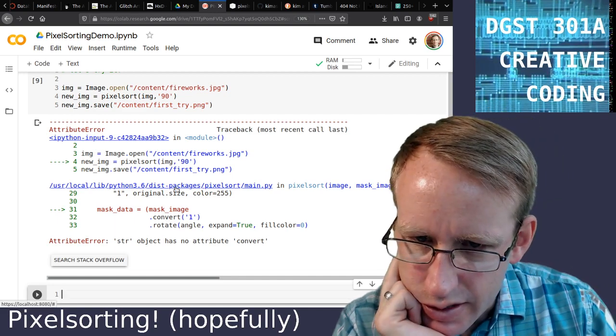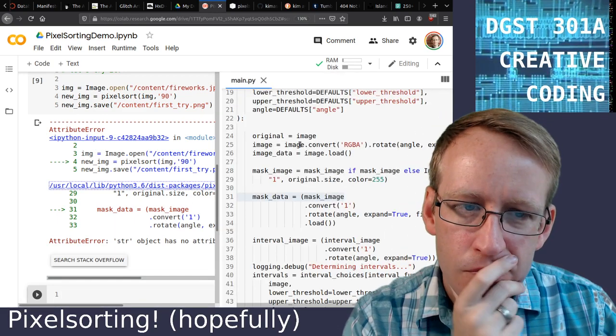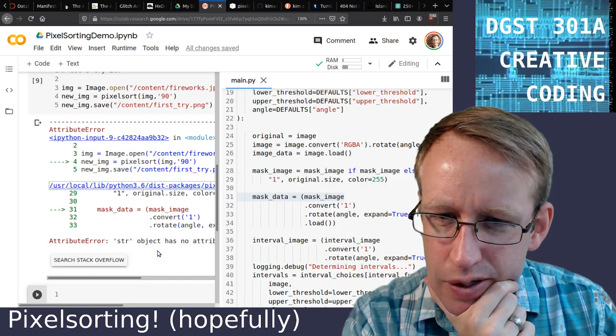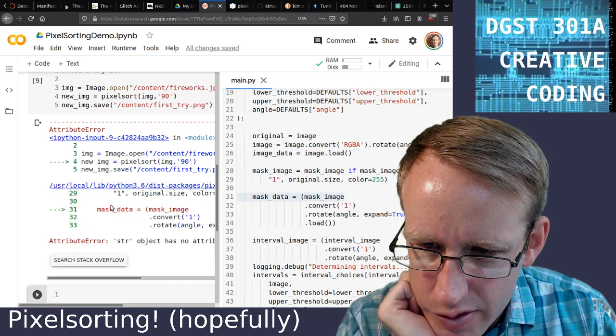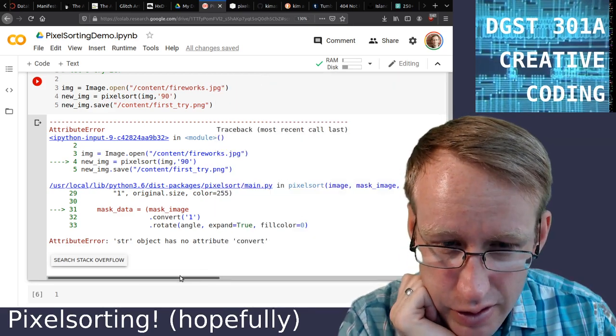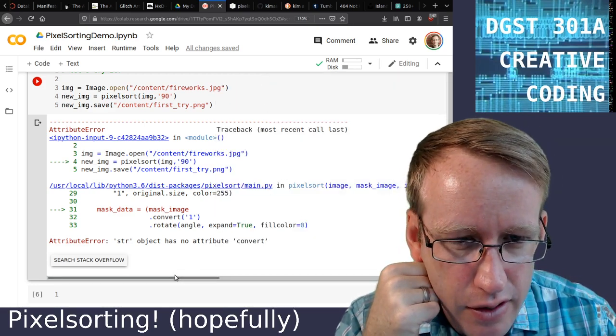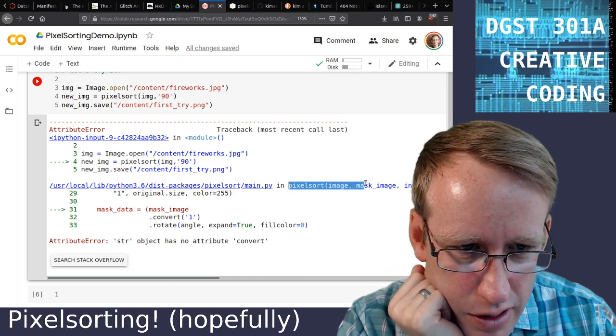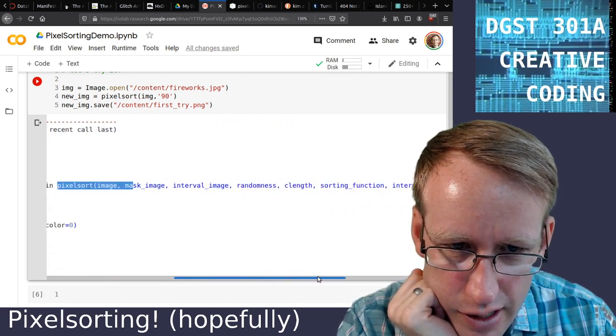Oh, this is interesting. This actually tells me where the error was. Let me see if I can open it this way. So it says this was the error. If you're looking at the error messages here, Python is great about error messages, by the way. So it's saying that it looked like, oh, actually, wait, look, this is telling me what it expects the function to be. So it's looking at,